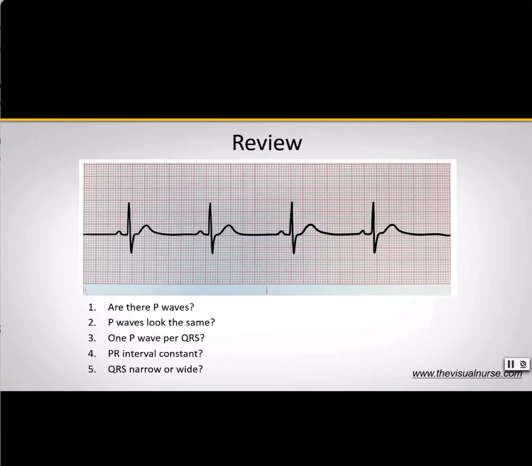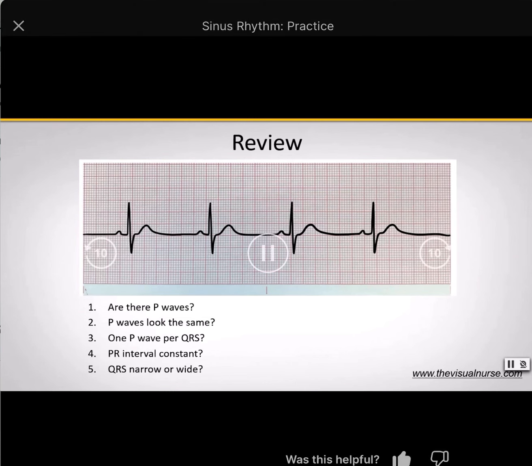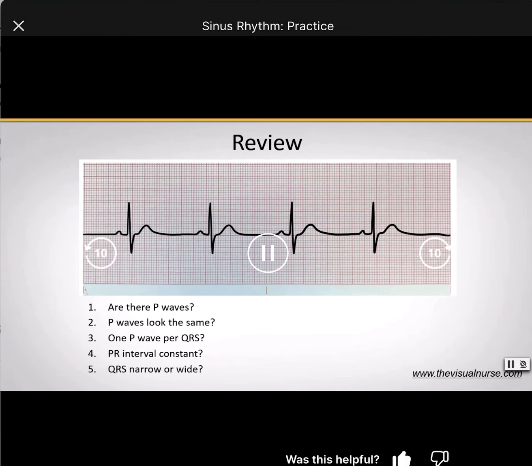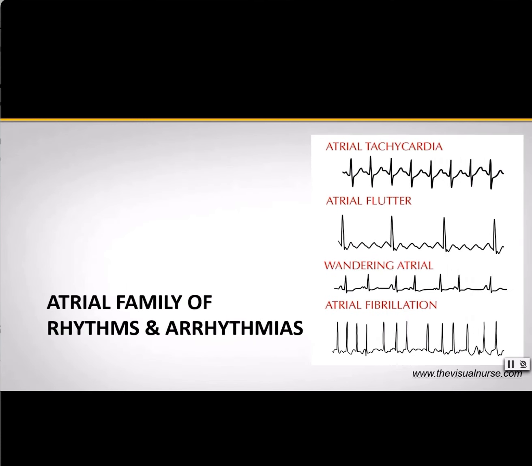So what do we call this rhythm? We have a regular atrial and ventricular rhythm, P waves that are upright, coming on time every time at a rate of 40 beats per minute. This is an example of sinus bradycardia. Okay, good. So that wraps up the sinus family of rhythms. Next up, we'll start to dive into the atrial family of rhythms and arrhythmias, and introduce, well,